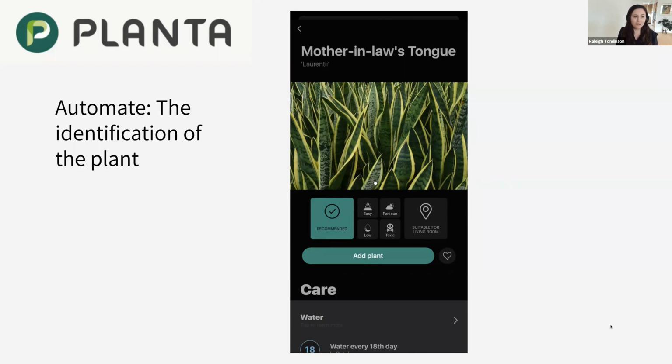This is interesting because the identification of a plant is a great example of something to automate. They're not making the user go through the effort of looking at the stems. They're using computer imaging to say, you have mother-in-law's tongue, which I thought was called snake plant, but